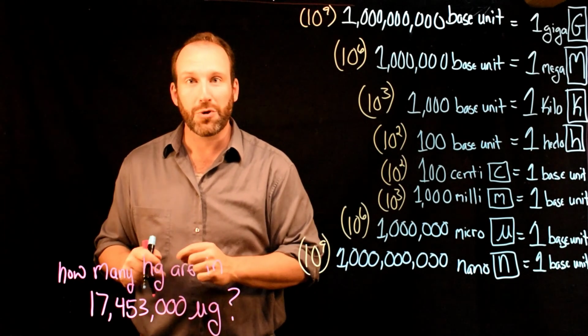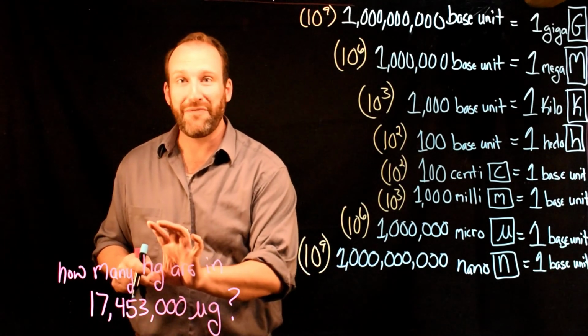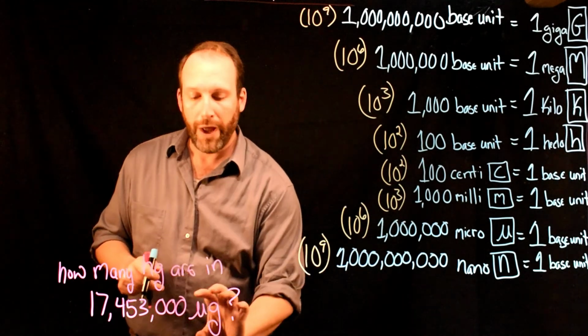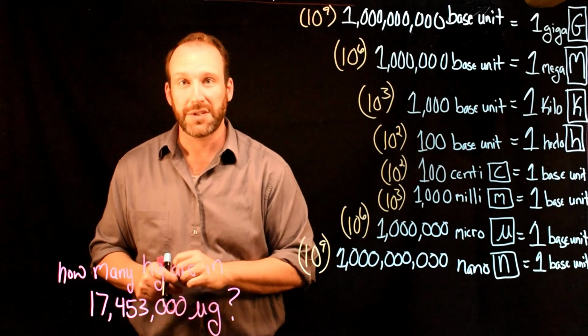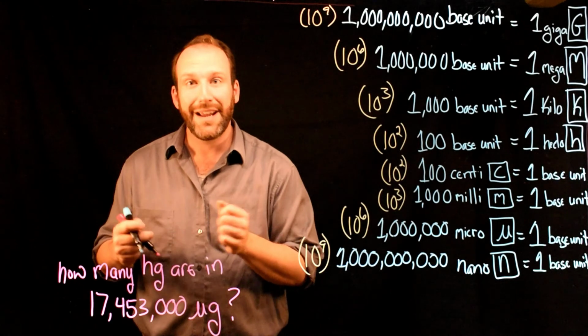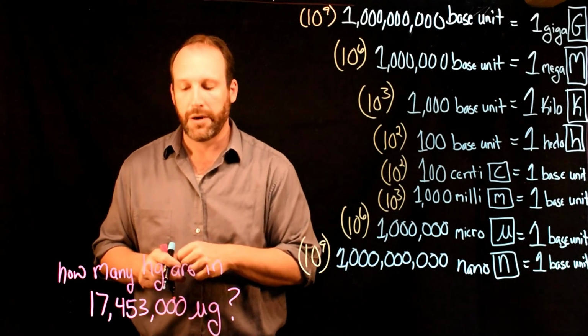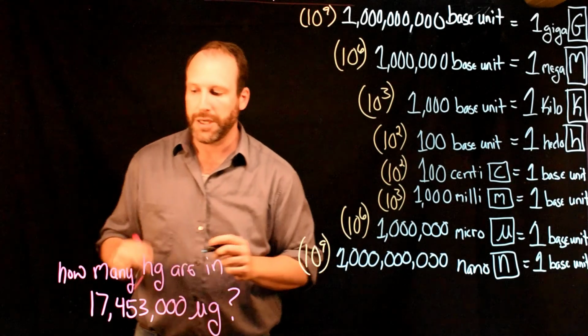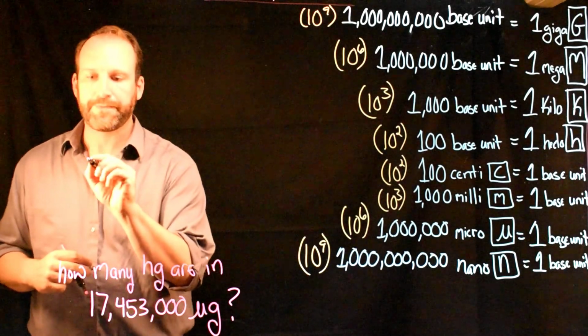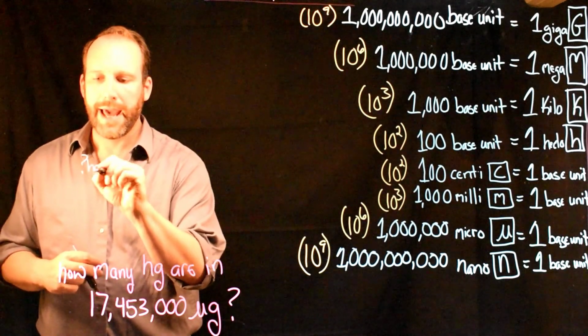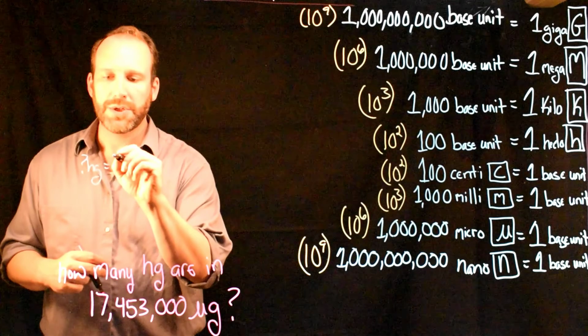In this problem, we're going from one prefixed unit to another prefixed unit. Okay? We can do that. It's just going to be a little bit more complicated, right? So let's write out what our question is. Our question says, how many hectograms are equal to